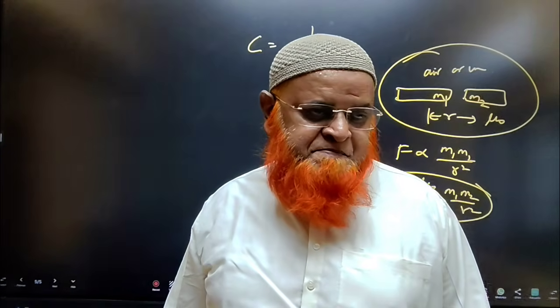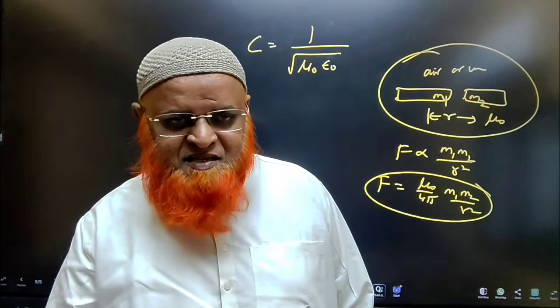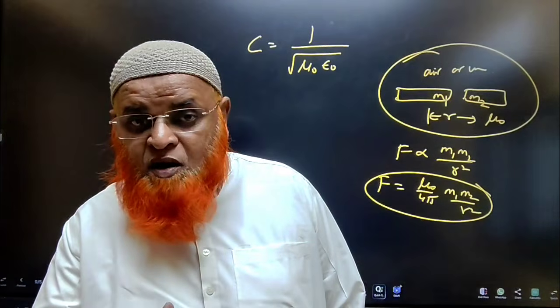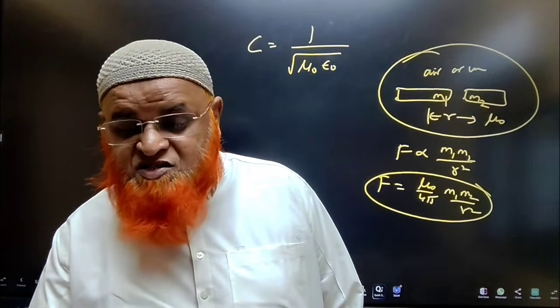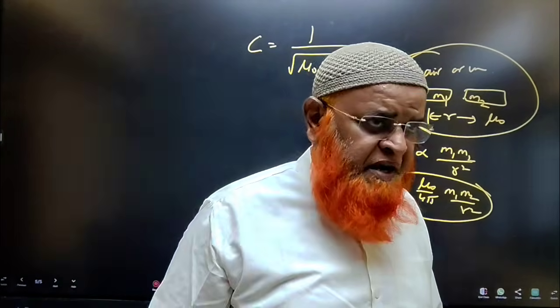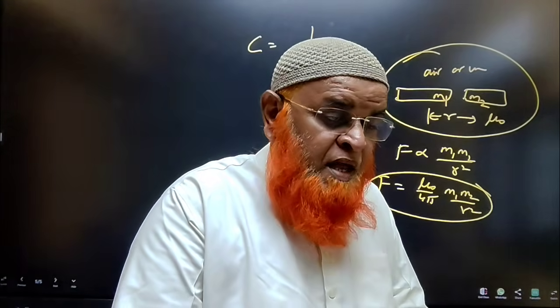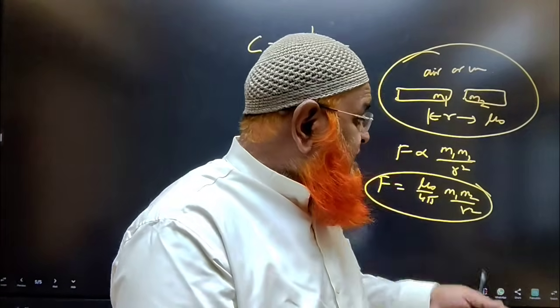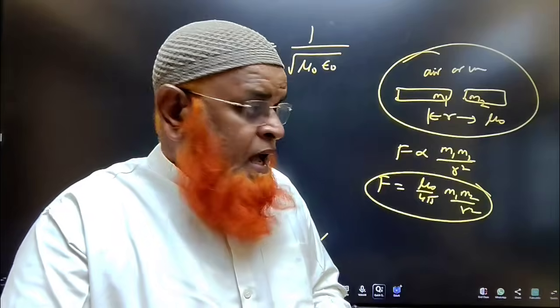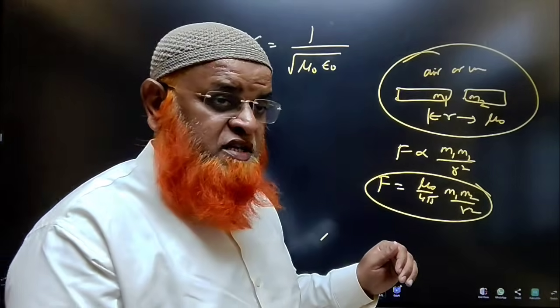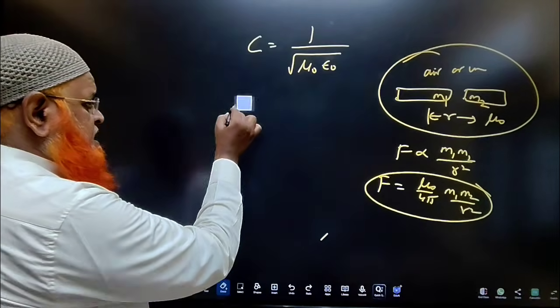Because our medium is like this: our medium does not allow attraction, our medium does not allow repulsion. That is the permittivity of a medium. Permeability of a medium is the ability to permit attraction. Permittivity is also there. What is that? If you take one positive charge